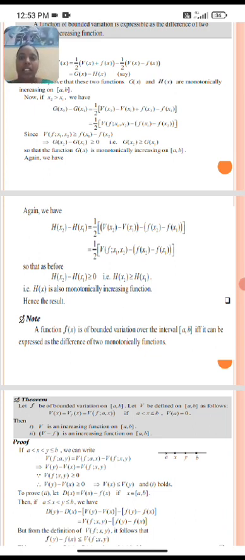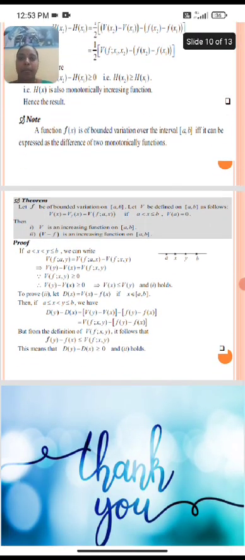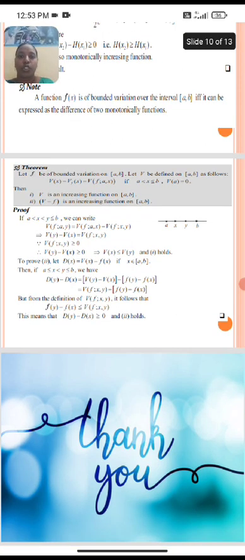Similarly, h(x1) and h(x2) also show that h is a monotonically increasing function on [a, b]. Note: a function f(x) is of bounded variation over the interval [a, b] if and only if it can be expressed as the difference of two monotonic functions. Next theorem: let f be of bounded variation on [a, b]. Let V be defined on [a, b] as